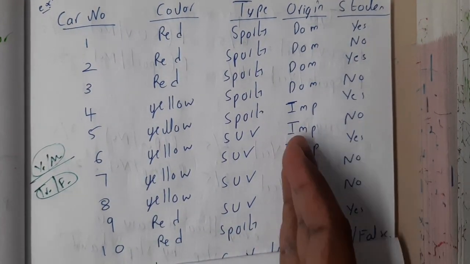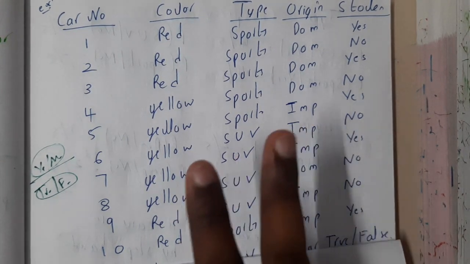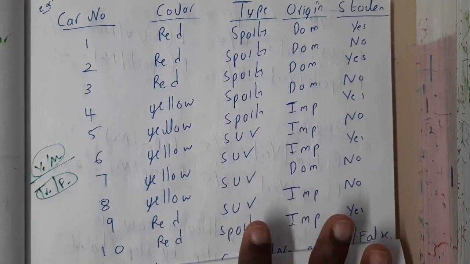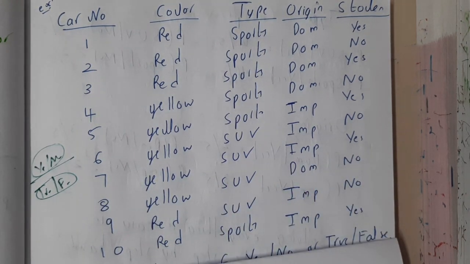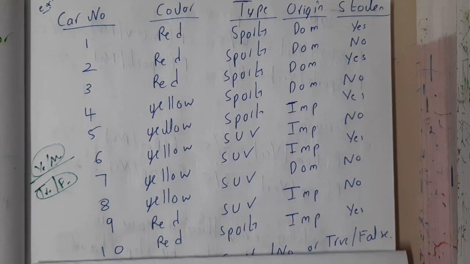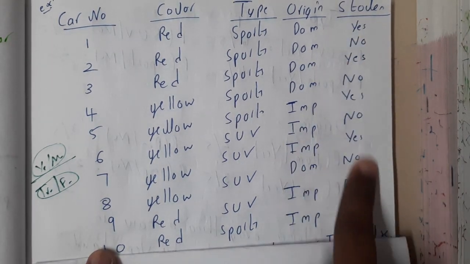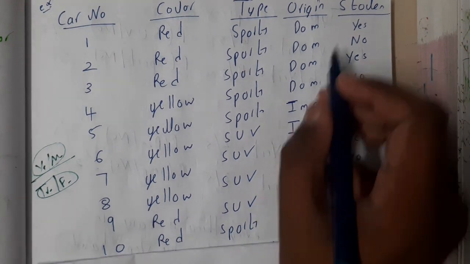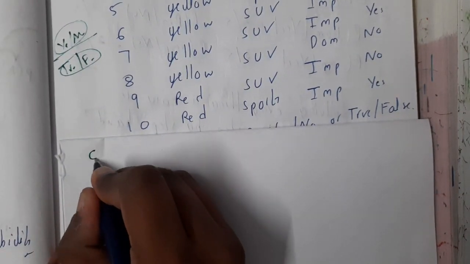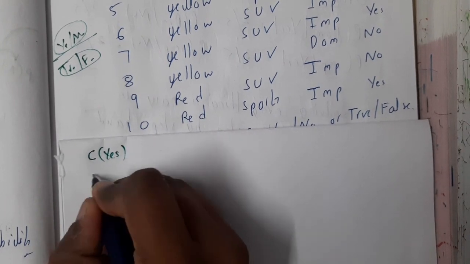If it is in between also you can select it, but make sure it has only two values, because that is important. In most examinations they will directly give yes or no, true or false. Don't worry about that. So basically the first step is to count the number of yeses and count the number of nos. So we are counting yeses first. I'll write the count as C of yes, C of no.